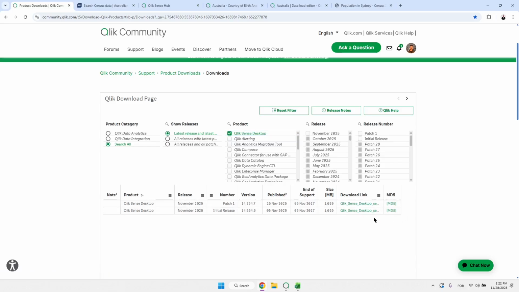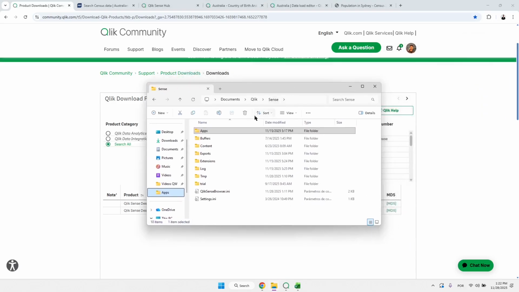After that, you can run the installer. It will install on your machine, and you need to unlock Qlik. To do that, let me just open here the path. This is what you get when you install on your Windows computer. You have the documents folder, /Qlik/Sense. Then this is not created by default. You need to create this trial folder first. So create this on your computer after you install Qlik.